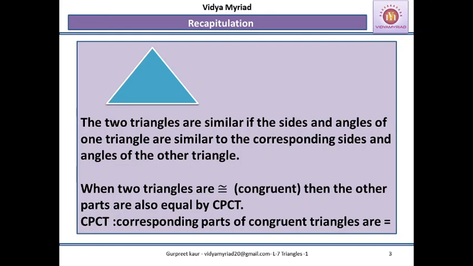So what we are going to do over here is, we will be trying to make two triangles congruent with the help of a certain criteria. These criteria we will be discussing now. Based on the criteria, when they become congruent, then with the help of CPCT we can prove the other parts of the triangle congruent. And for that, remember, there should be at least 3 things which should be made congruent.